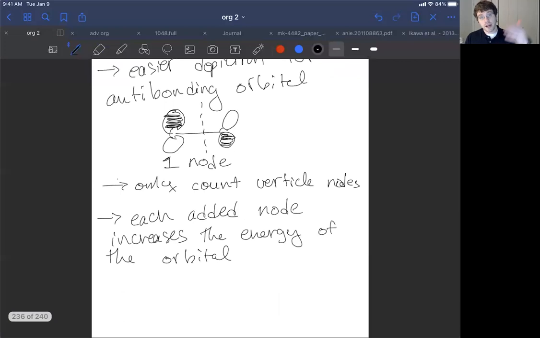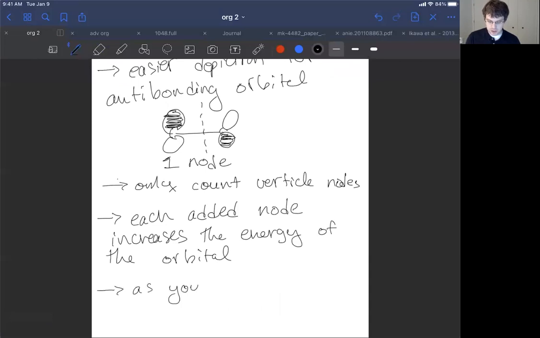So as you go to higher energy orbitals, you're usually going to see more nodes form. Now, what's cool about this is we can apply all of these rules to really complicated pi systems just by remembering a simple rule that